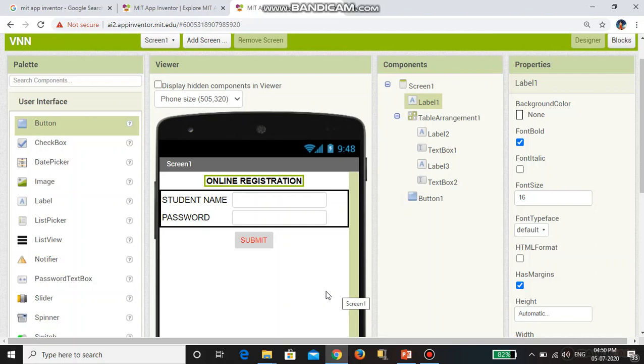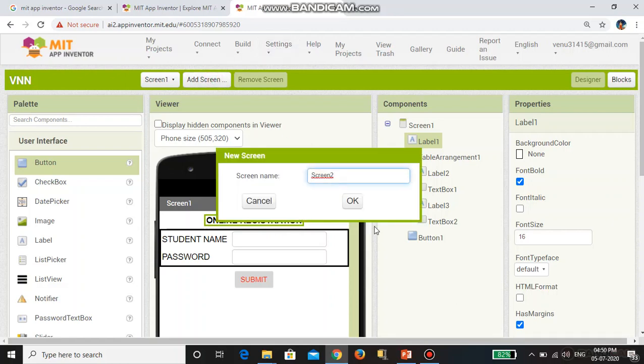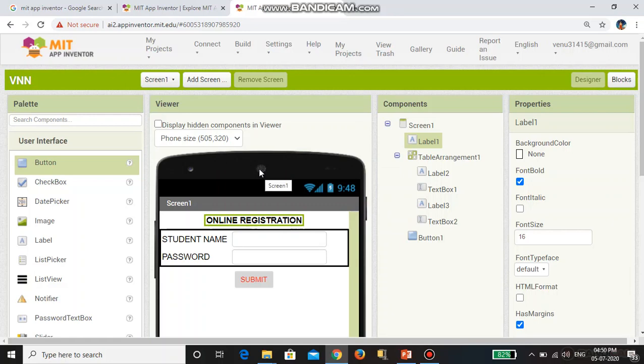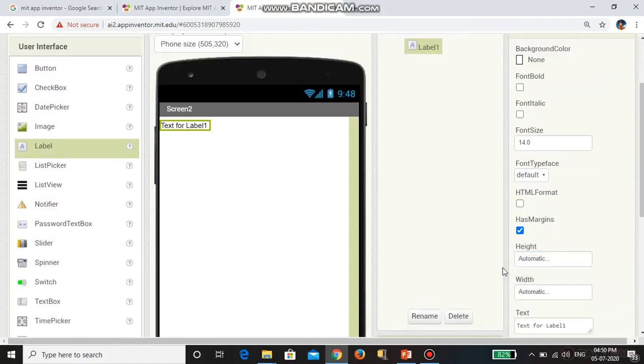So next, after submitting it, I want to go to another screen to show that it was successful. For this I am taking screen 2. I am adding screen 2 because after giving submit it should show that it was successful.